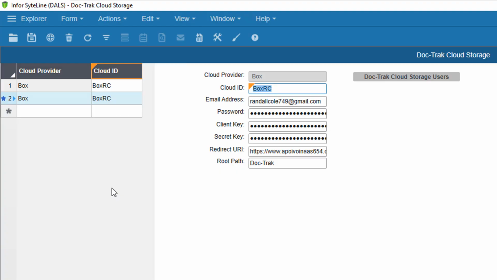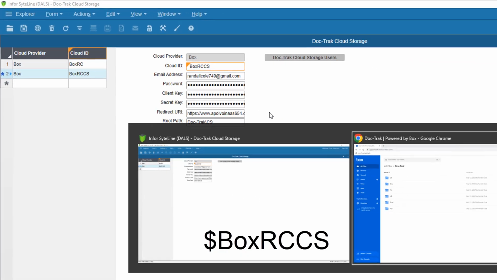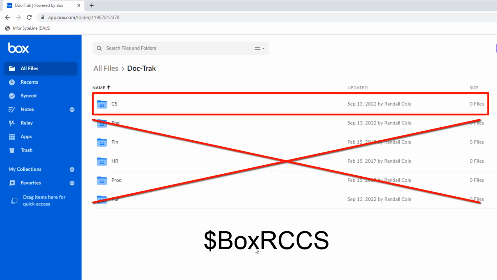We'll make the new Cloud ID to be BoxRCCS for customer service. Then I'll modify the root path by adding a backslash and then CS. Now, when this Cloud ID is used in a rule, the users will be restricted to the customer service folder.